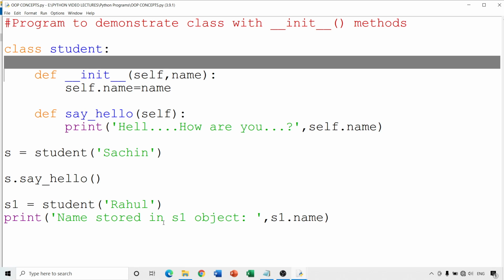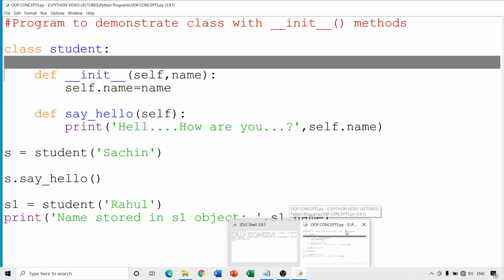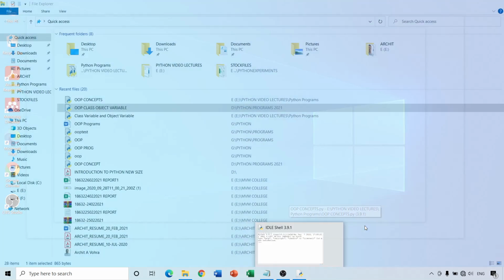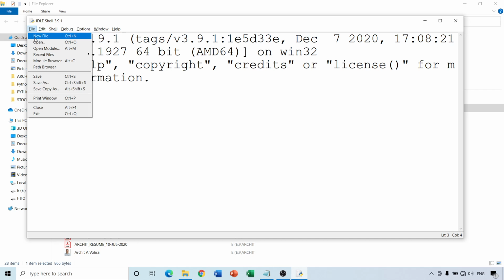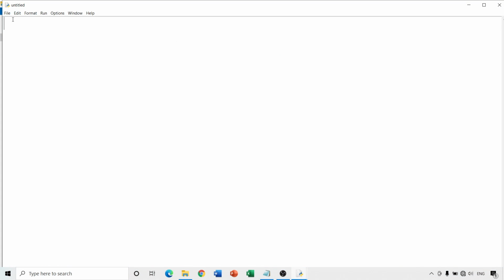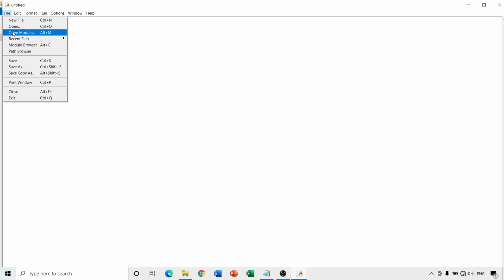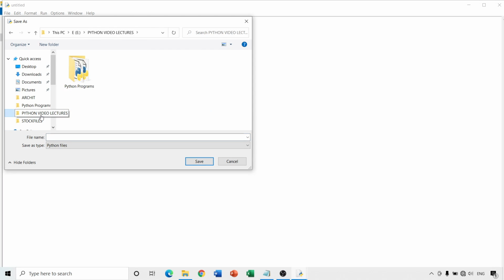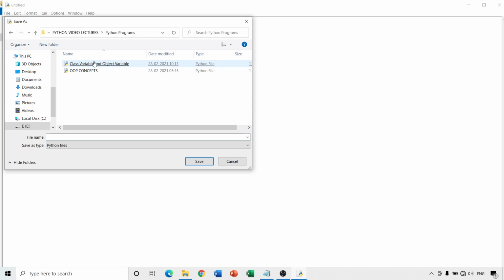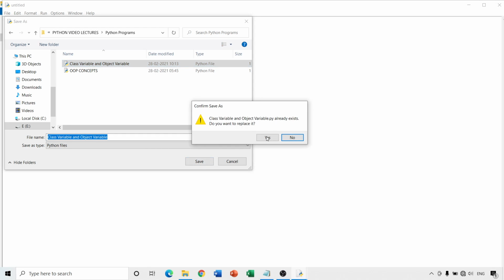So for this, let us try to start creating a program. Let me close this. Let me try to create a new file, save as. We'll save it as class variable and object variable.